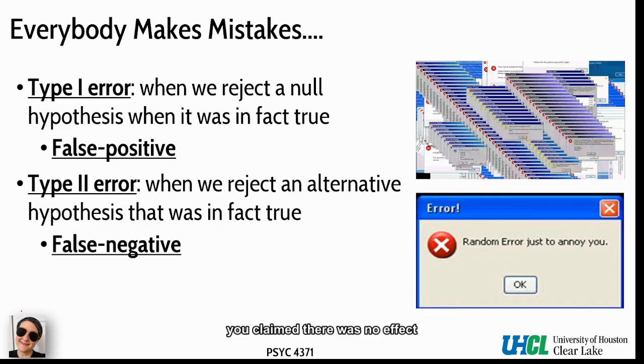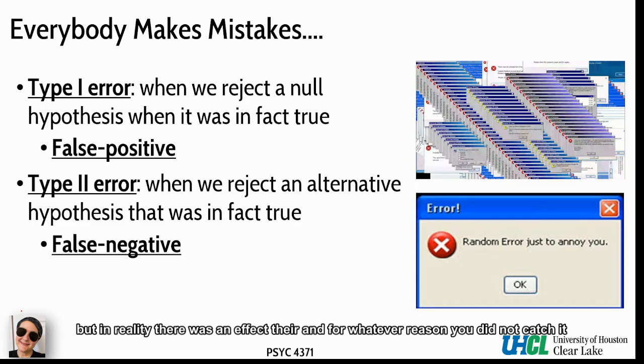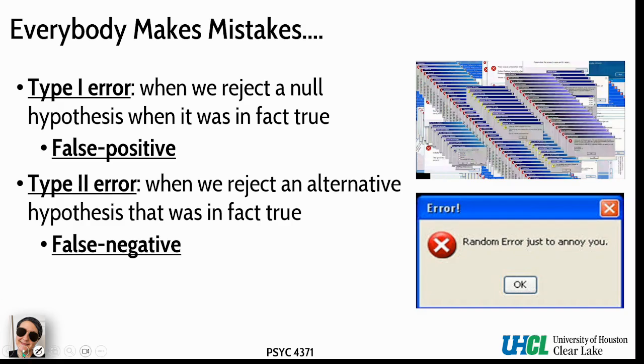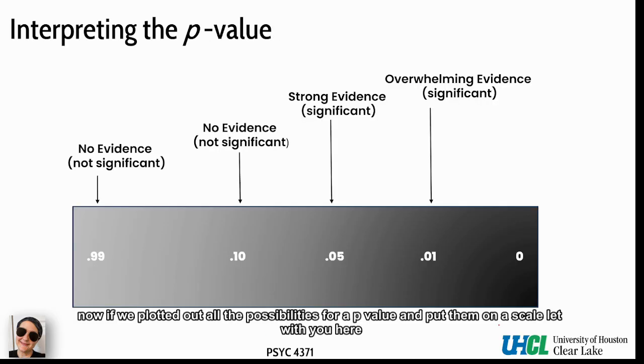You claimed there was no effect of variable X on variable Y, but in reality, there was an effect there. And for whatever reason, you did not catch it. Therefore, that is type 2 error. Now, if we plotted out all the possibilities for a p-value and put them on a scale like we do here,